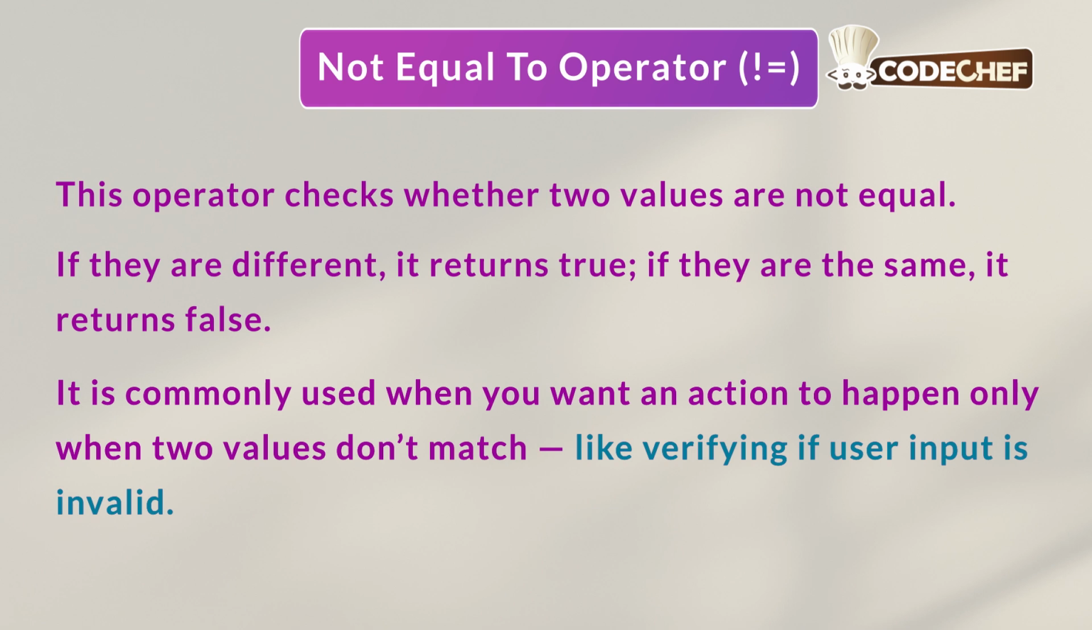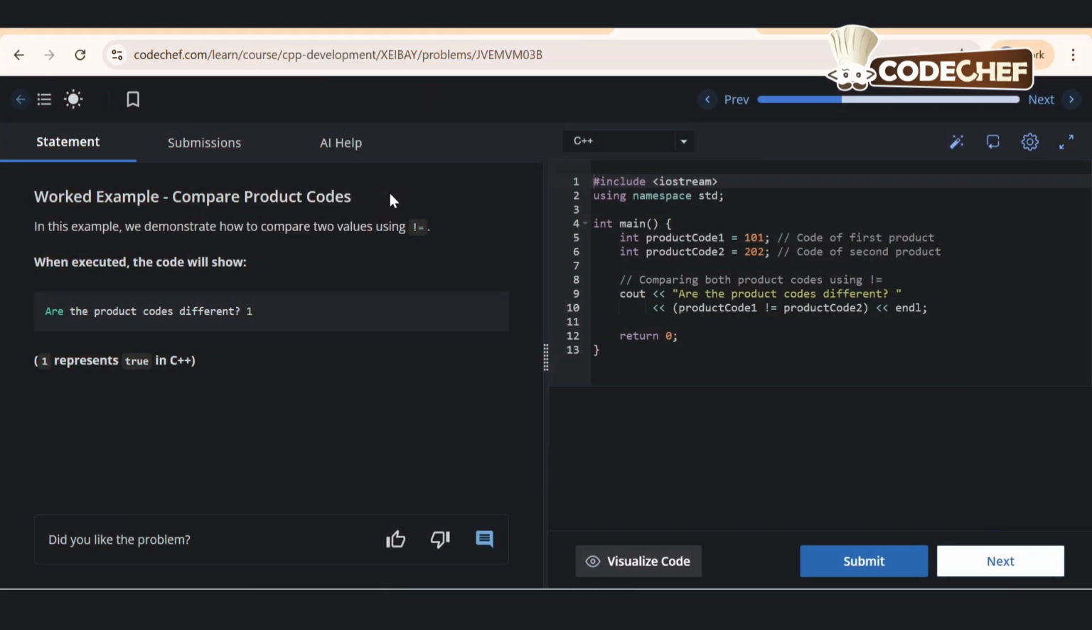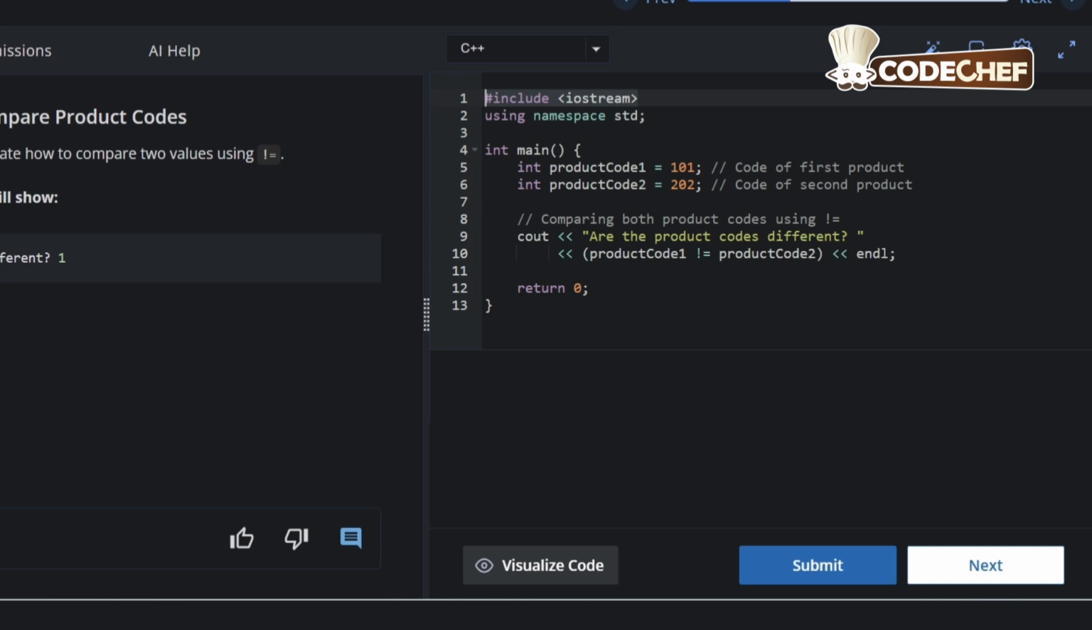Now let's go to the CodeChef platform and see an example for using the not equal to operator in C++. Here the program objective is to compare product codes, and the expected output is: are the product codes different? Question mark and 1. Coming to the code, #include <iostream>, using namespace std, then int main. Now again we have initialized two variables. int productCode1 = 101; then int productCode2 = 202;